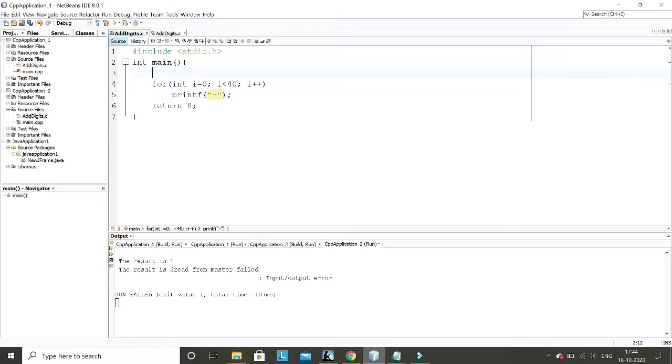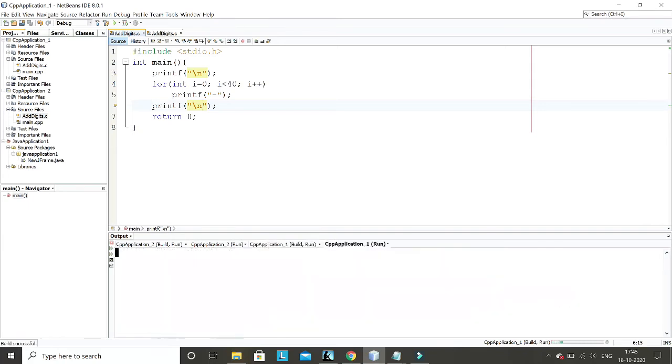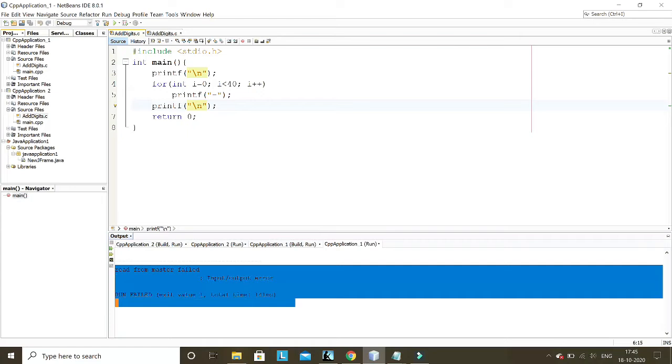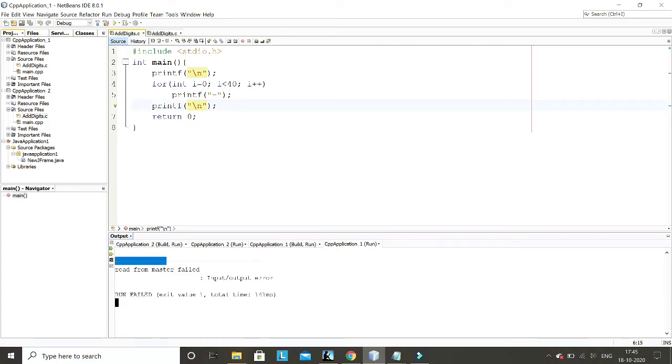So this will create a line. This printf concept will be easy, so I'll not explain it in detail. Just check the code that I have written, and you will understand why it will print a line. Let me run this code. See, if I run this code, it is printing a line. I'm using this editor, called NetBeans. As I have already said, ignore all these other things. This line is your output.